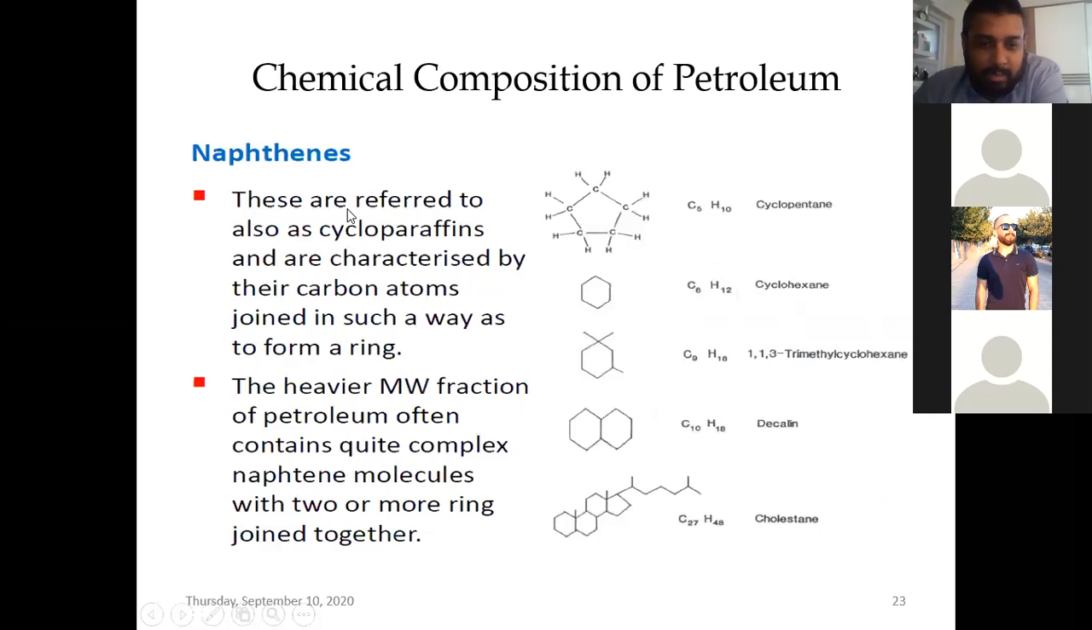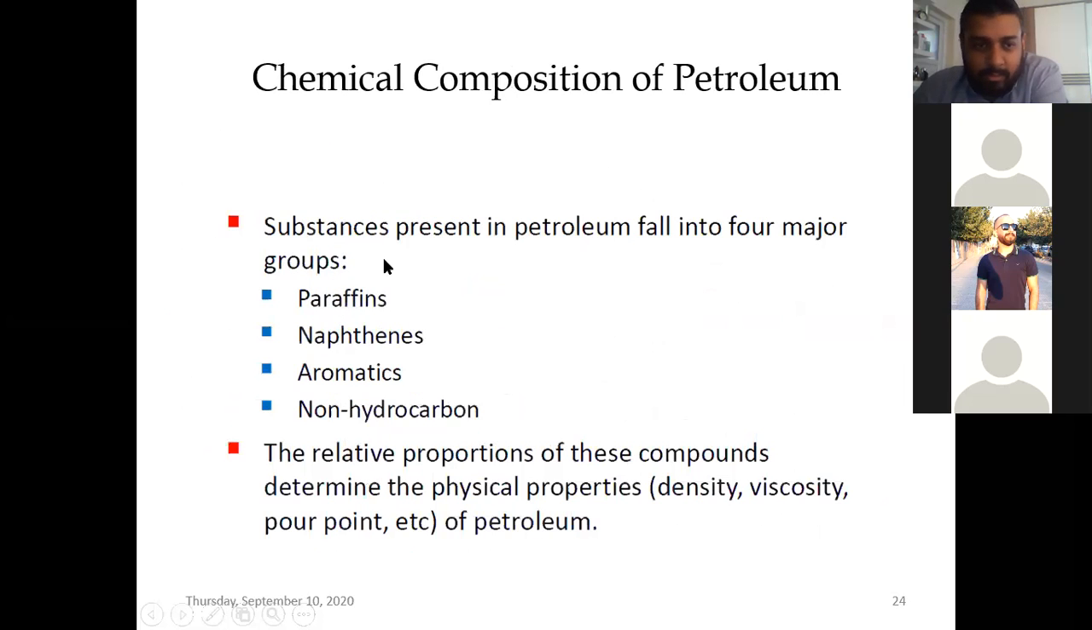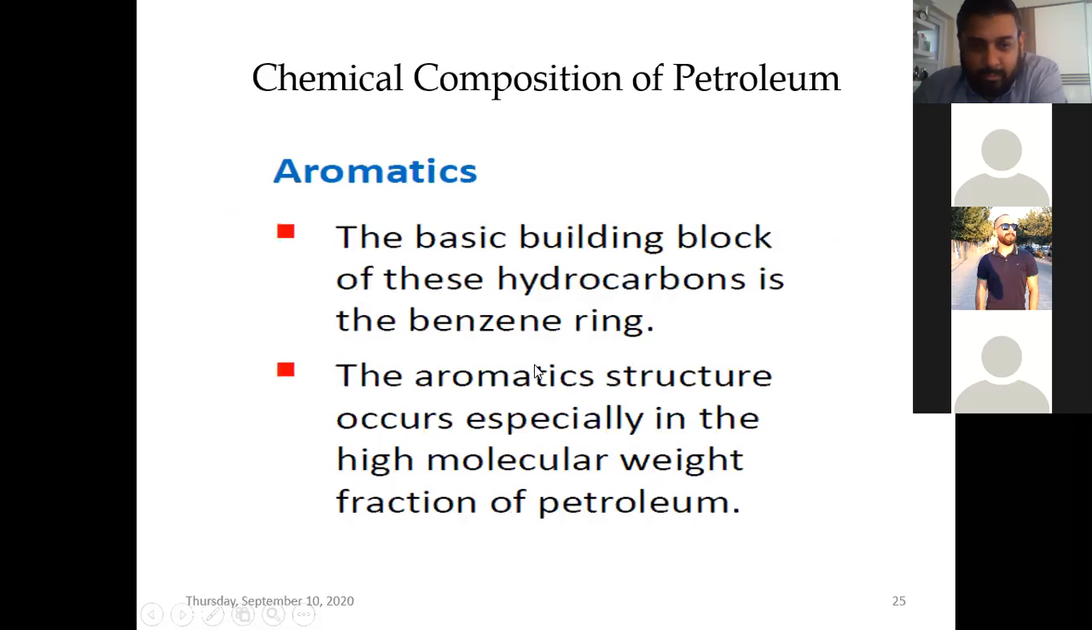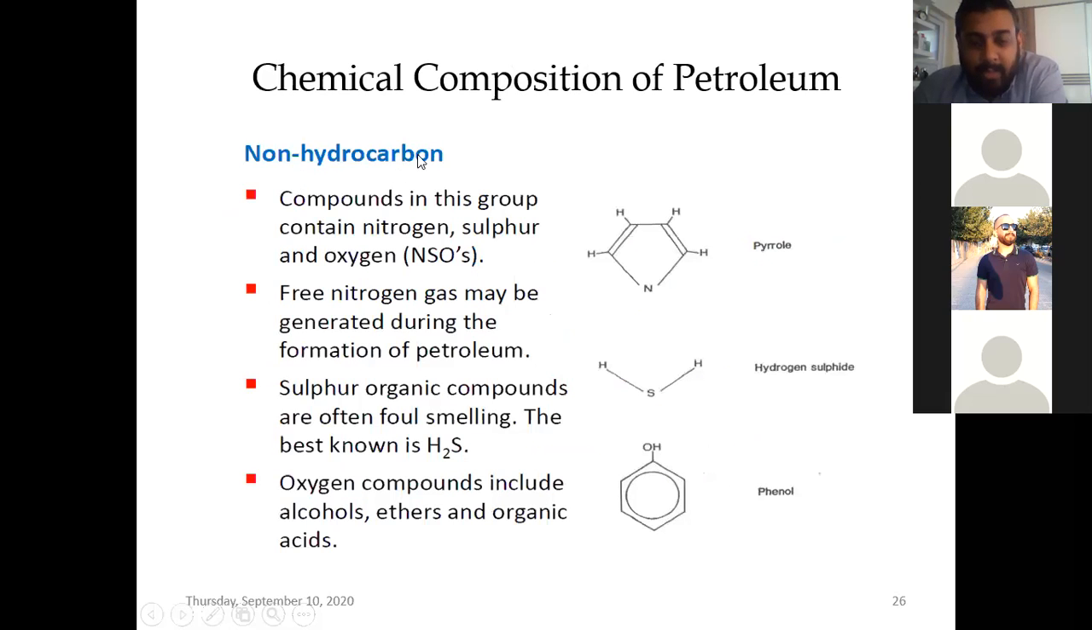These are the four different kinds of hydrocarbon composition that we have in crude oil, and definitely their properties matter: density, viscosity, pour point, flash point, and so on. We need all those properties because we need them when we do the calculations. Mainly this is the aromatics one, which is the building block of hydrocarbons, the benzene ring, and then we have lots of